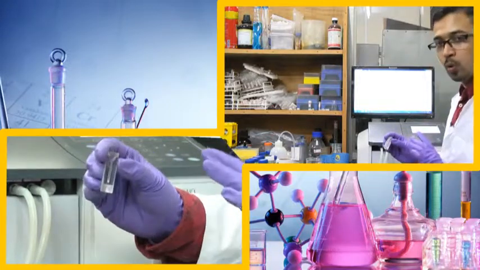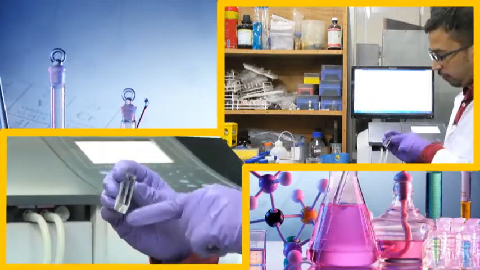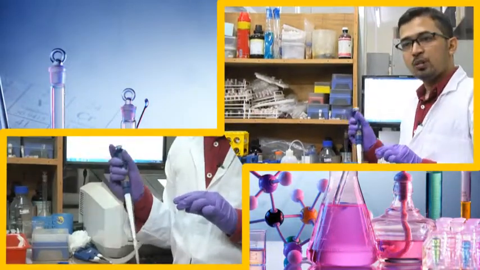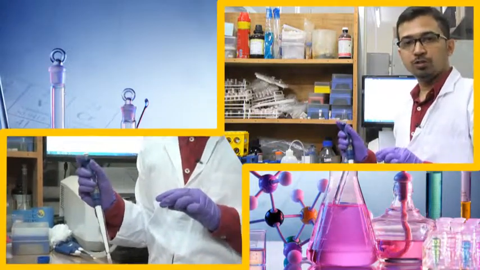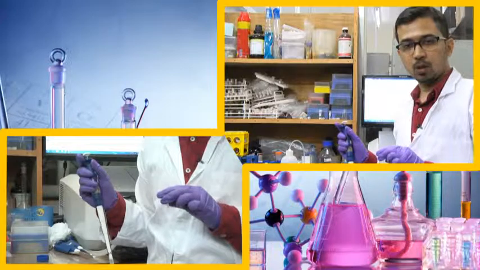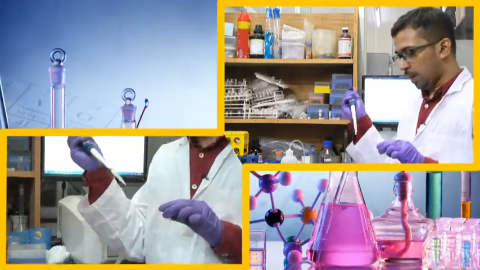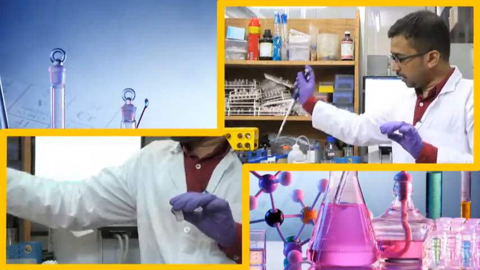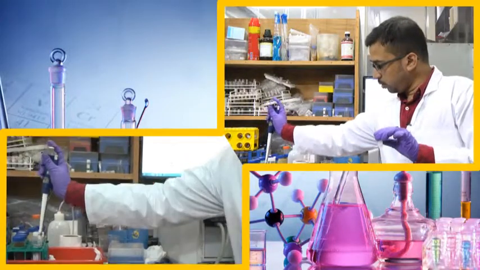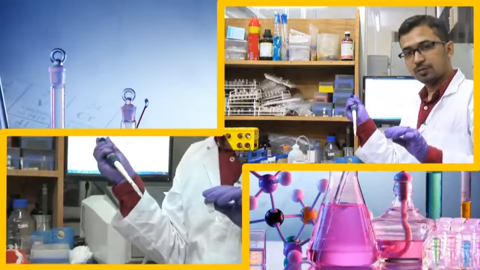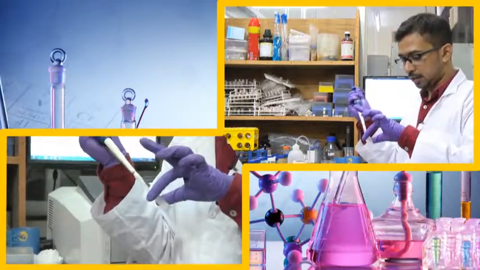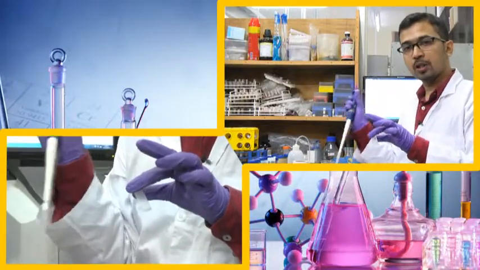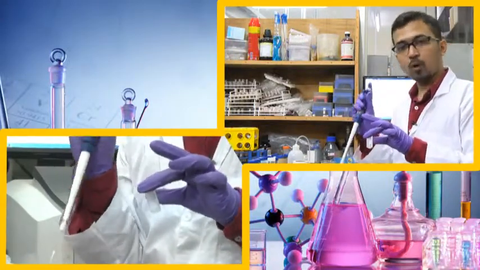Initially, we need to fill this cuvette with phosphate buffer before beginning our experiment. The phosphate buffer we will be using is pH 7.4, 10 millimolar phosphate buffer. We have taken this micropipette, and this is the cuvette. Now, I am taking out 600 microliter of phosphate buffer from here and gradually adding it into the cuvette. This whole procedure of adding the solution into the cuvette you have seen in the previous classes, so I am not going into details here.